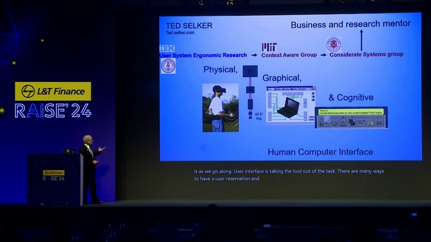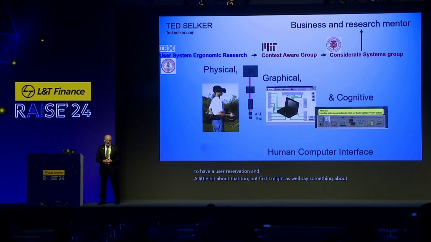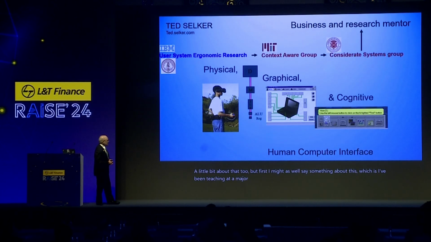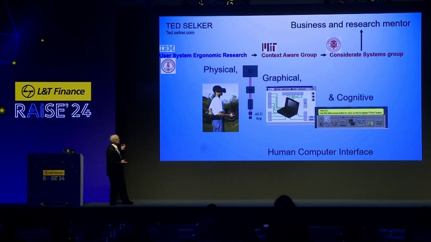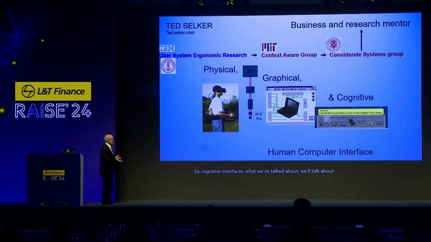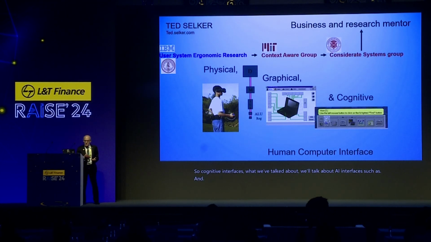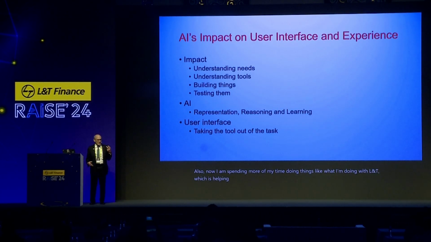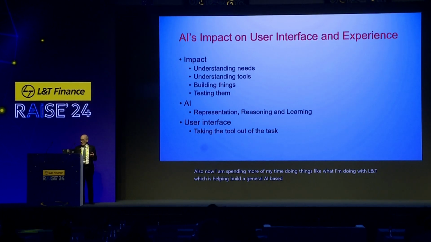But first, I might as well say something about myself. I've been teaching at major universities for a lot of my life, but not just teaching. Always I am building things. My research group at IBM Research was about user interface. We started very early thinking about user interface, including physical, graphical, and cognitive interface. Cognitive interface is what we talk about when we talk about AI interfaces, such as ChatGPT. Now I am spending more of my time doing things like what I'm doing with L&T, which is helping build a generative AI-based chatbot. This is our